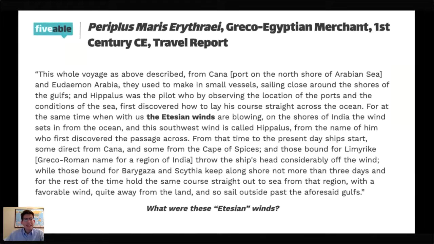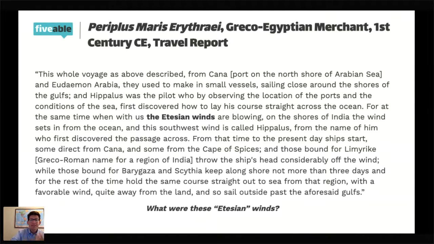Another thing you can see here, just how many regions it's talking about trading in this Indian Ocean, right? Ports on the north shore of the Arabian Sea, the Cape of Spices, regions in India, right? All of these regions coming together to trade in the Indian Ocean, and it expands mightily in this time period. So we're going to think about this. Again, this is from the 1st century CE, although we're spending most of our time now in the 13th through 15th for the rest of this.